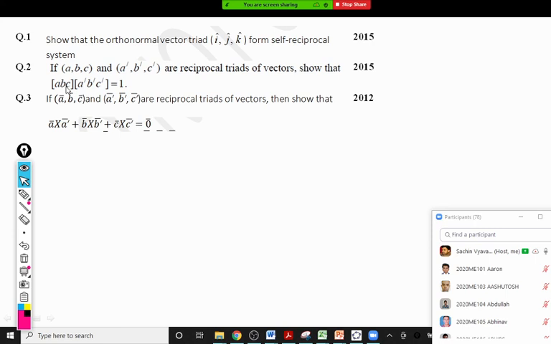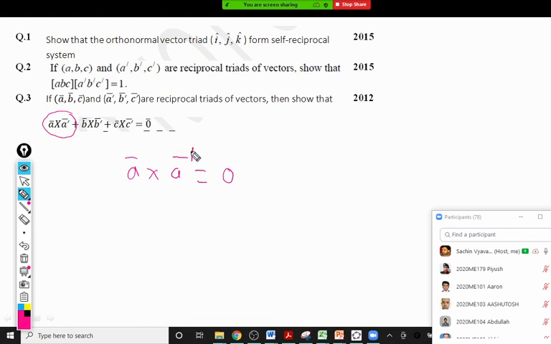Next, you have to prove box of A B C is 1 upon box of A dash, B dash, C dash. That is another property we proved. And the third is, show that A cross A dash plus B cross B dash plus C cross C dash is equal to 0. That we have to prove. Right now we already completed, what we completed? We proved that A cross A dash is equal to 0. Is that we finished? We proved this, no?